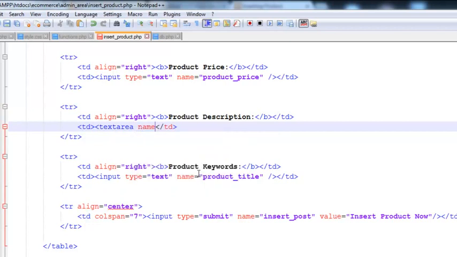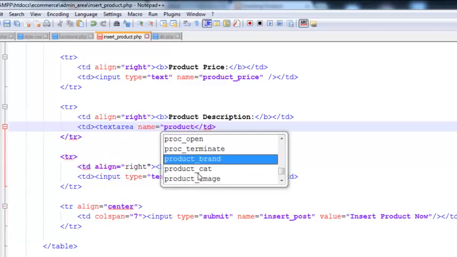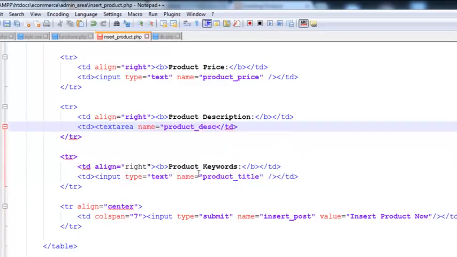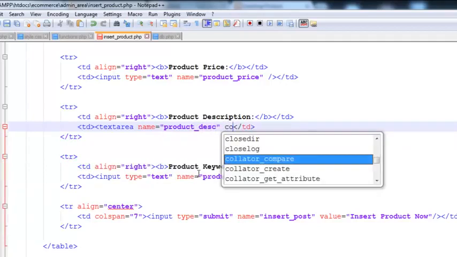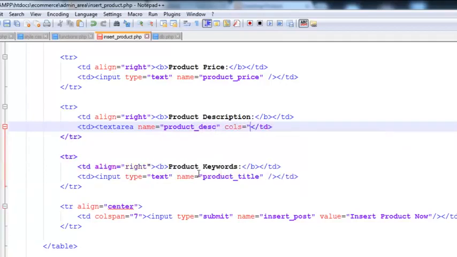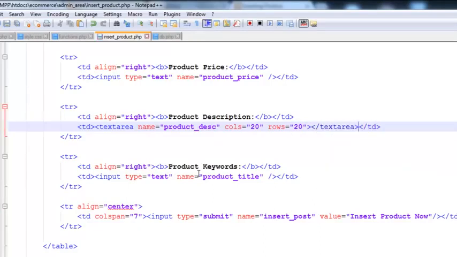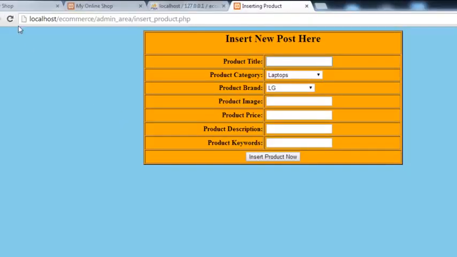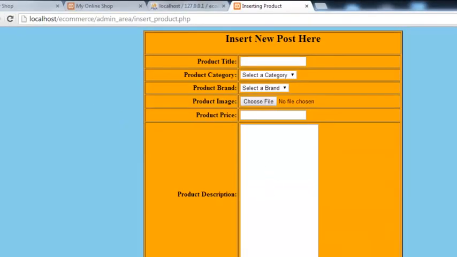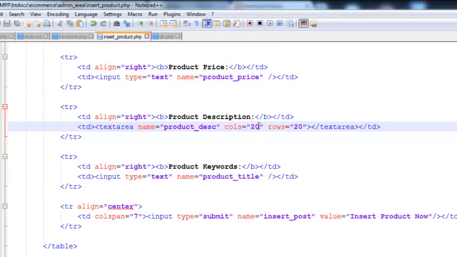Text area, its name will be product underscore description, DESC, and cols, I mean columns, will be 20 and rows will be 20. That's it, and text area close. Control S to save and come over here, refresh your page, and this is actually, you can make the columns